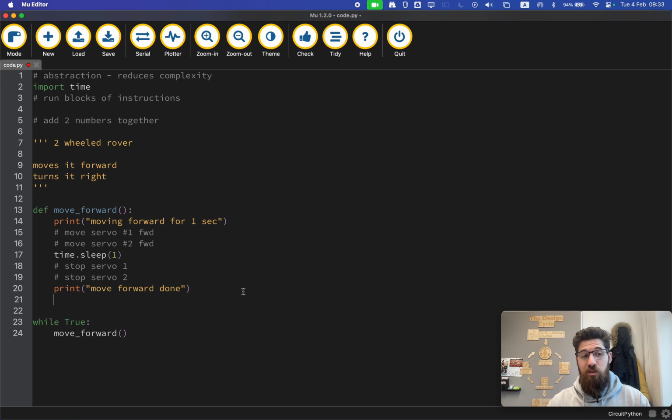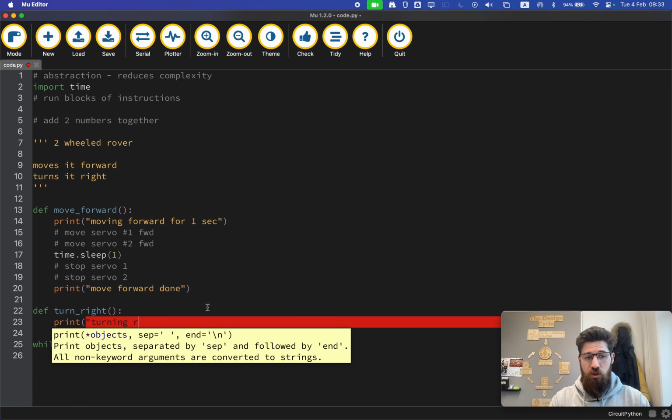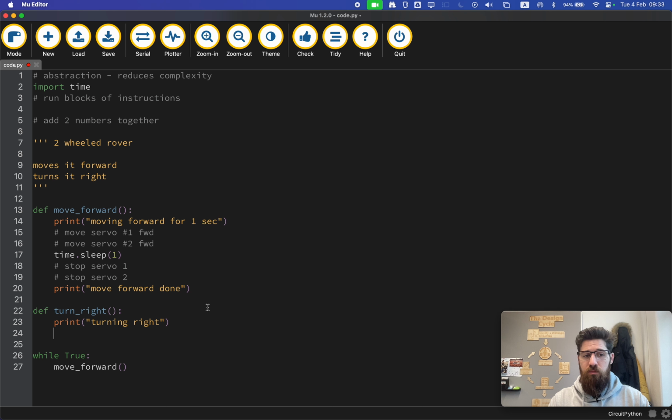Let's go ahead and write another function. Let's say def turn_right(), and then another colon. If we want our robot to turn right, we might say print turning right, and then we might say move servo 1 forward, move servo 2 in reverse,